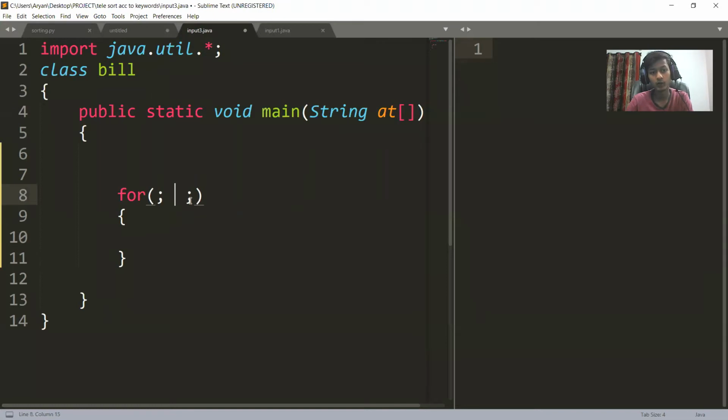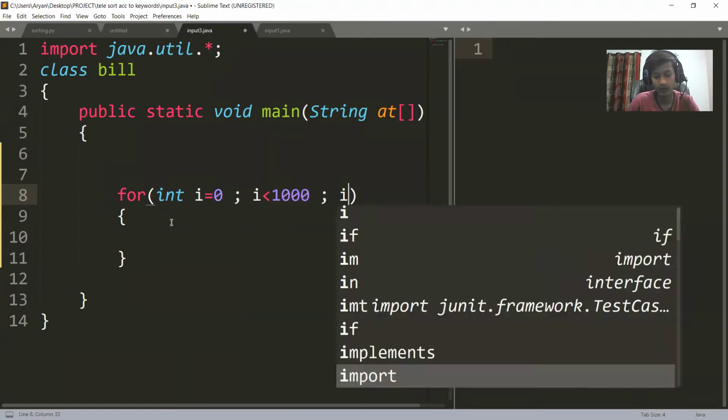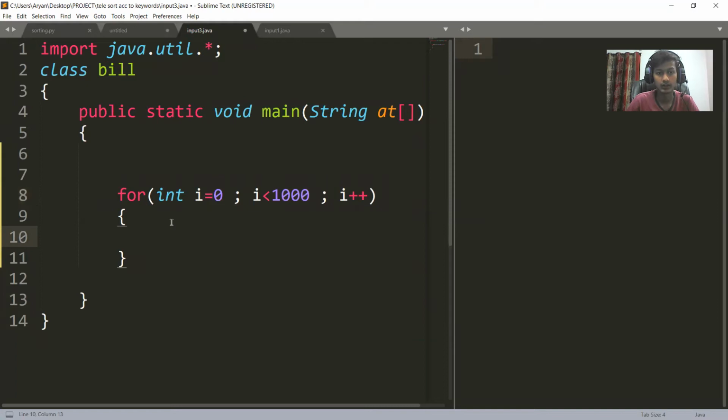This is a null for loop also. We can use a for loop as a delay loop also. What do I mean by a delay loop? int i = 0, i < 1000, i++. And the statements to be executed are none. I'm executing no statement. Now what will happen?